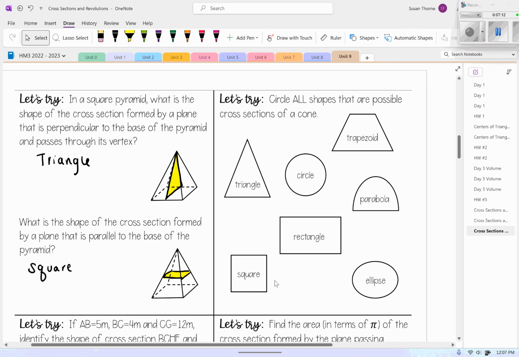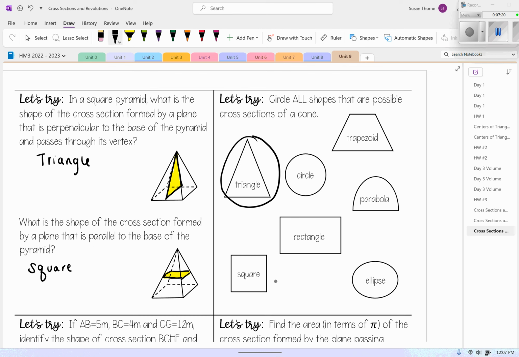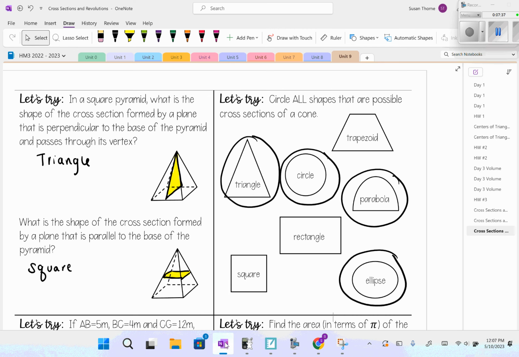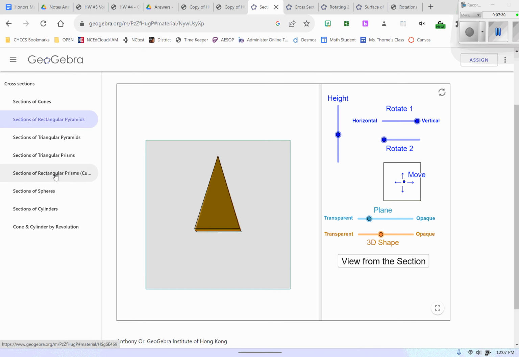It says circle all the shapes that are possible cross sections of a cone. So we've already talked about the triangle, and a cone has a circular base, so a circle. And we know we can't make a trapezoid or a rectangle or a square, but we can make a parabola and an ellipse. So again, if I go back to that cone shape,